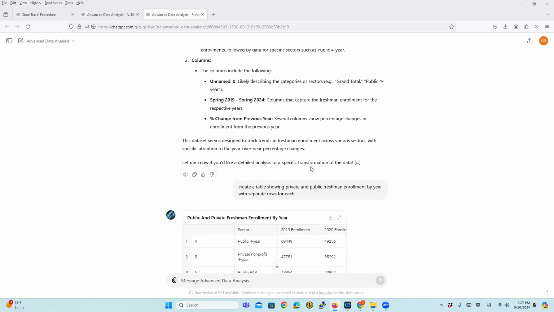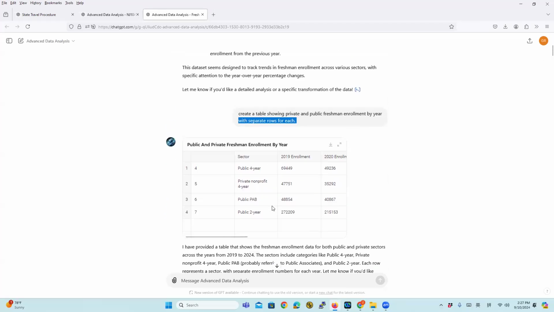So I want to see some of the enrollment data by year. I asked, create a table showing public and private freshman enrollment by year. And I also give a restriction on how to display the data, with a separate row for each. So you can see I was able to get a table showing the public and private freshman enrollment by year from